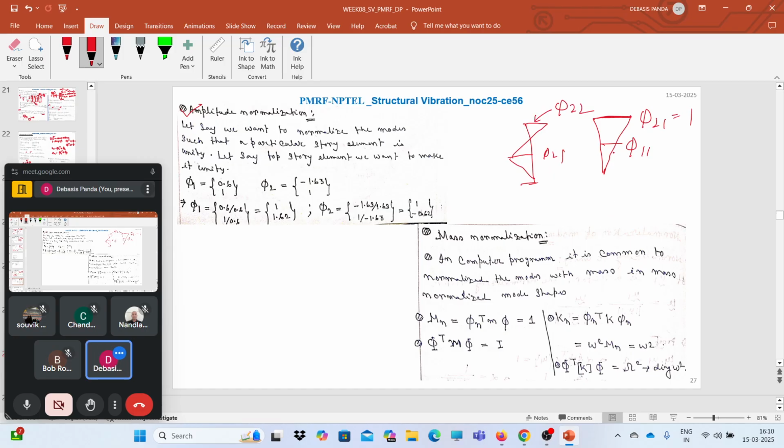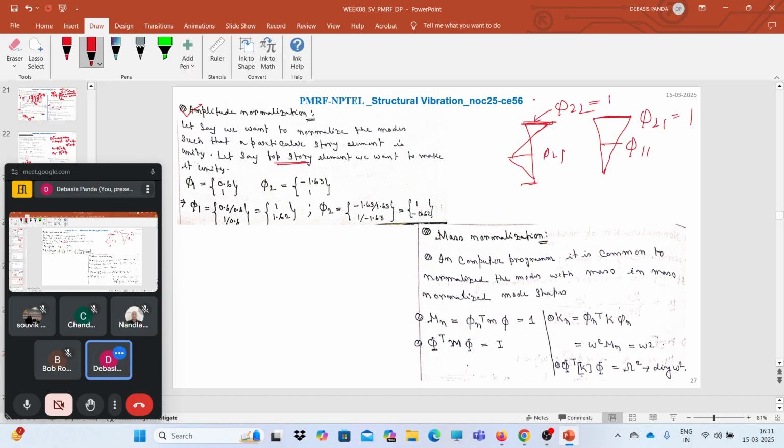So it's called the amplitude normalization. Say we normalize the amplitude of the top story, always the top story, that means the last degree of freedom of the system, we make it to unity. How? Just take one ordinate as 1 and solve for the other ordinate,